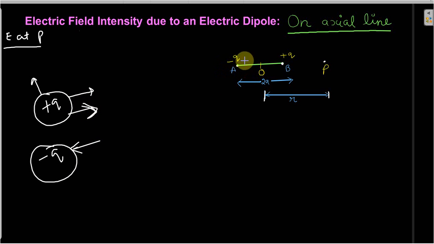This is your minus Q charge. So what is the direction of electric field at P point due to this negative Q charge? As we know, for the negative charge, direction is towards. So we will draw the direction towards this side. This is the direction of electric field due to Q1 charge, that is E1. This is the field because we have to represent the arrow towards the negative Q charge.